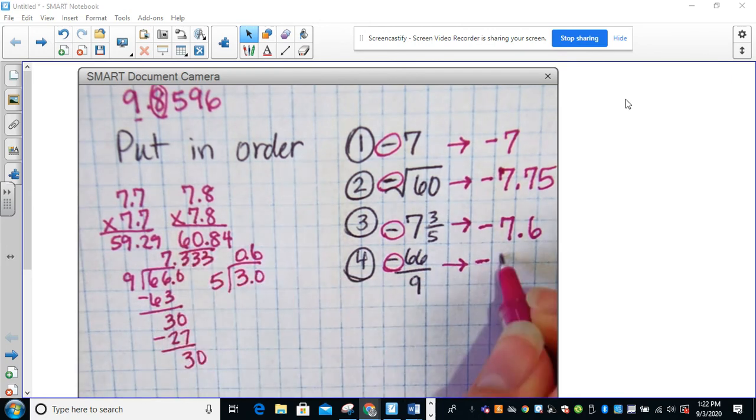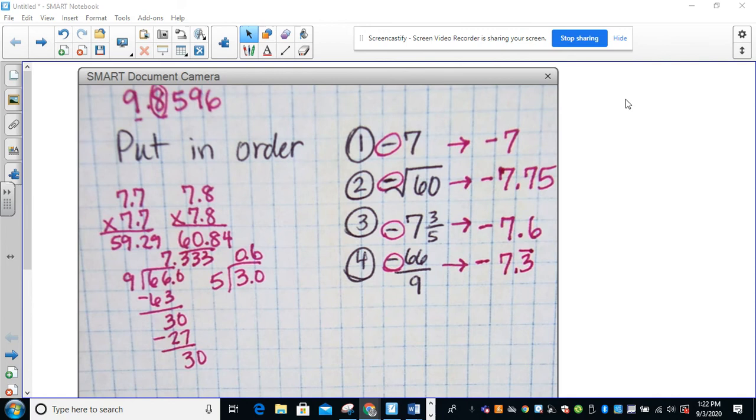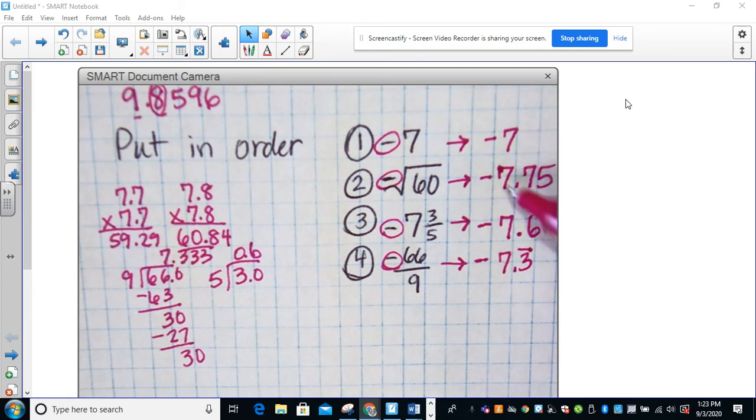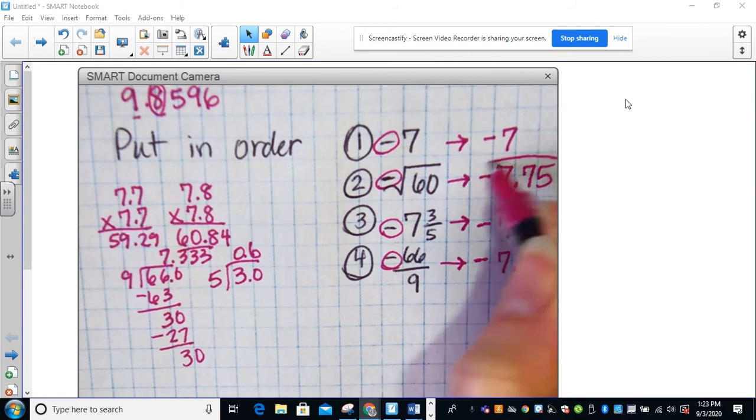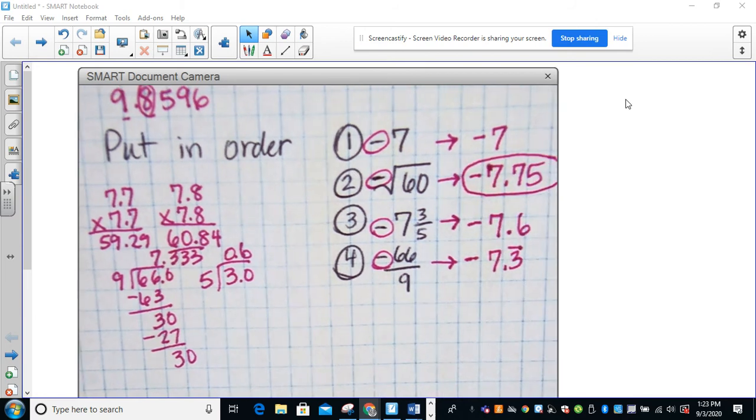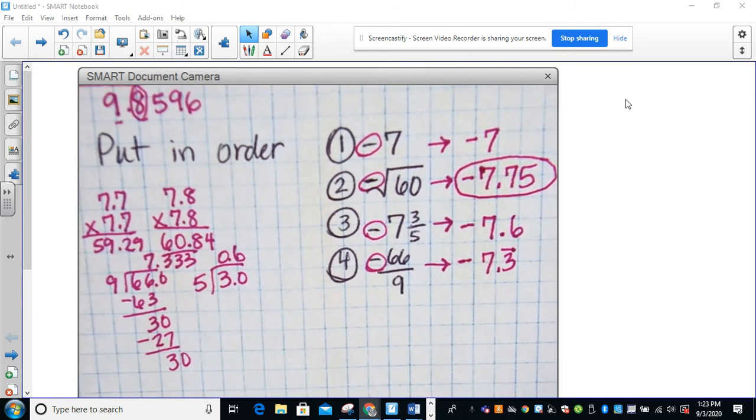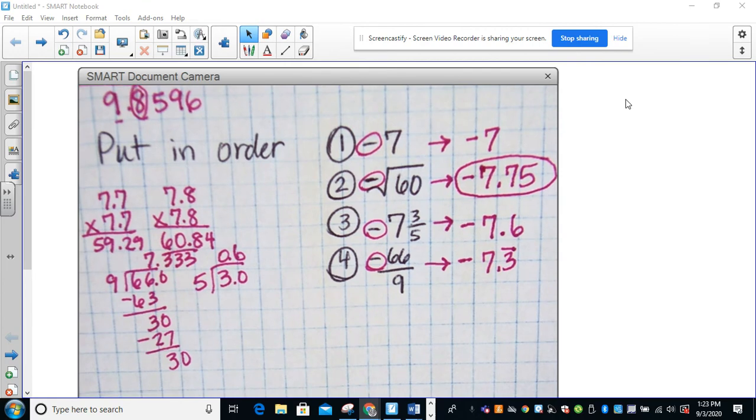So negative 7.3 repeating. So now if we're going to put them in order from smallest to largest, ascending order, the smallest number is going to be the largest negative. So if we look at these, they're all negatives. So the biggest one is this one. Negative 7.75 is the largest negative. So it would be the smallest number. So if we put them in order,